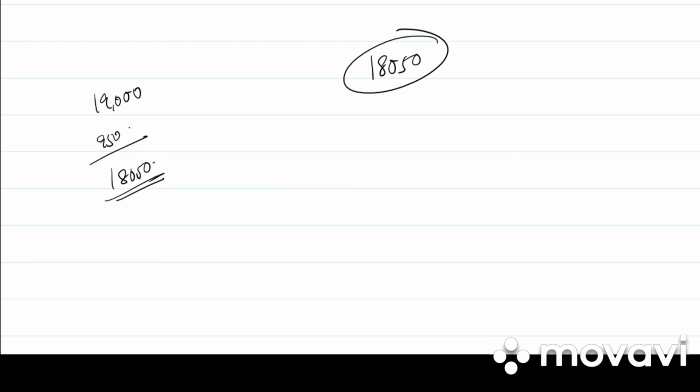Then we have 25th Jan. Acceptance given to Vijay and Co. for 2 months. So we purchased from Vijay and Co. of 18,500 and we returned him 2,100. So what's the remaining amount? 16,400. So he has given us acceptance of bills for 2 months. So write down the journal entry. Vijay and Co. account debited to bills payable account. 16,400 debit, 16,400 credit. Write down the narration. Acceptance given for 2 months.